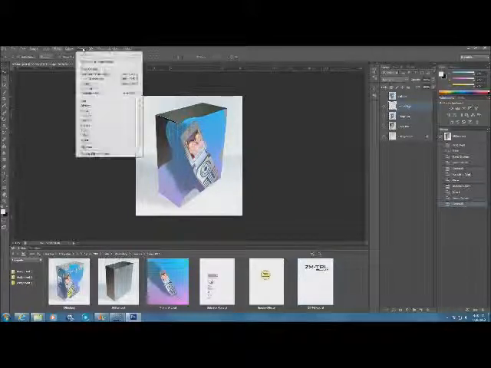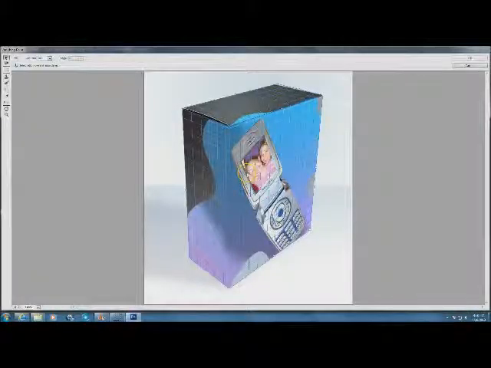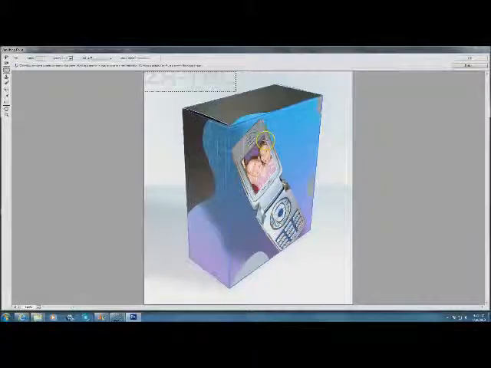Click Filter and Vanishing Point. Notice that our plane is already there. All we have to do is paste our artwork in. We don't have to go in and reset it every time. Once you've set it, you're good. So let's do a Control V